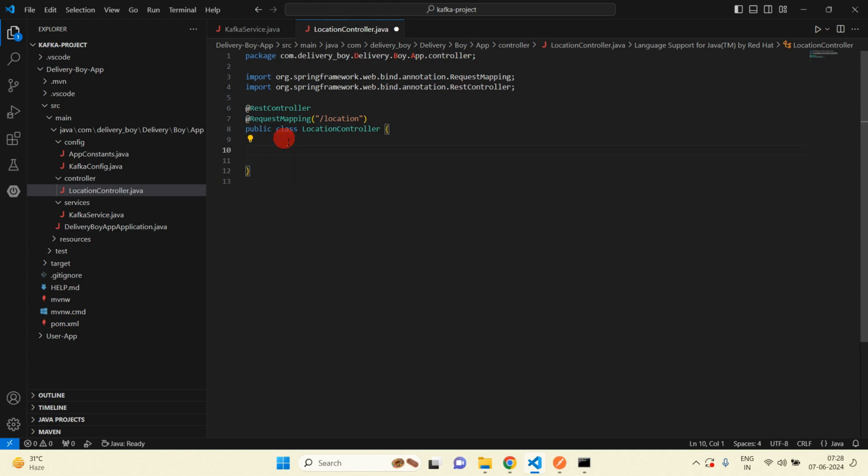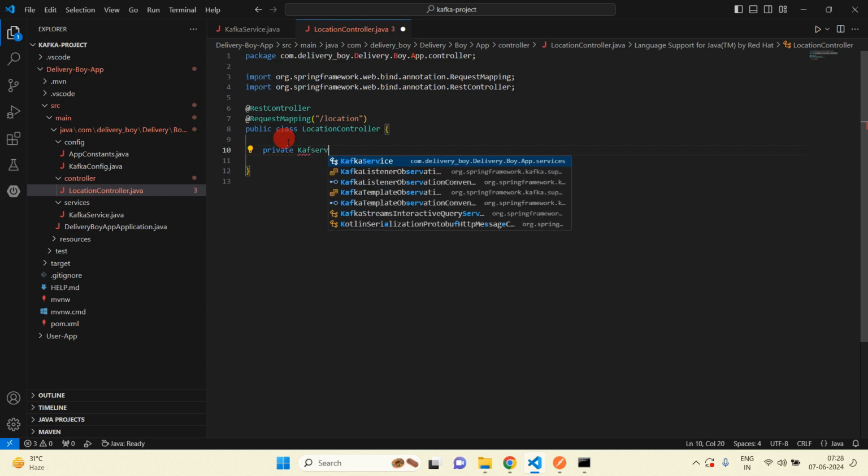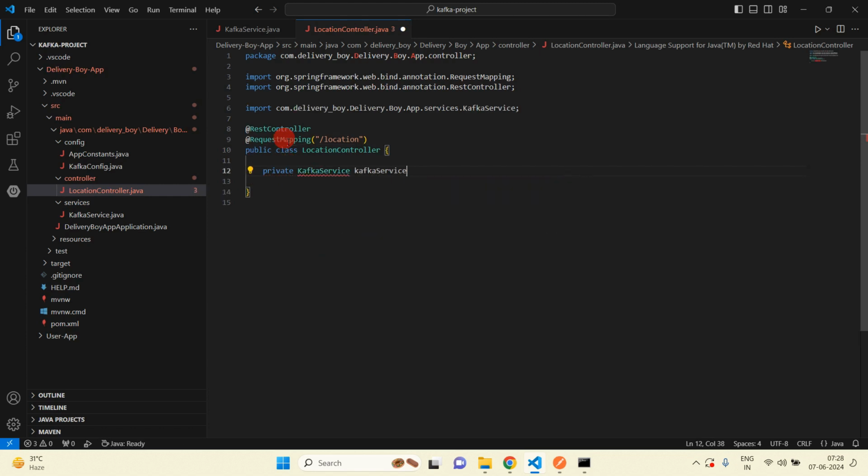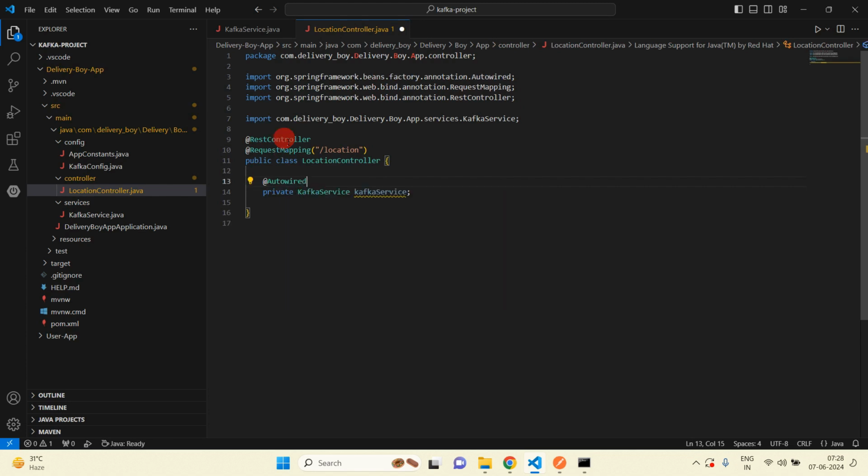Firstly we will use KafkaService here, so just import that KafkaService. So write private KafkaService, and then autowire this. After this we will create one method, that would be public ResponseEntity, okay.